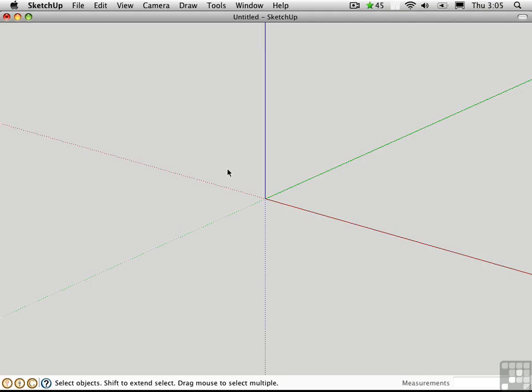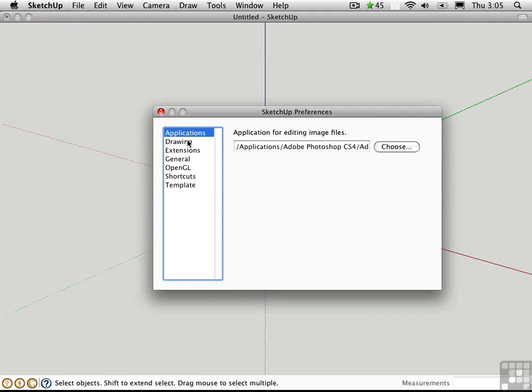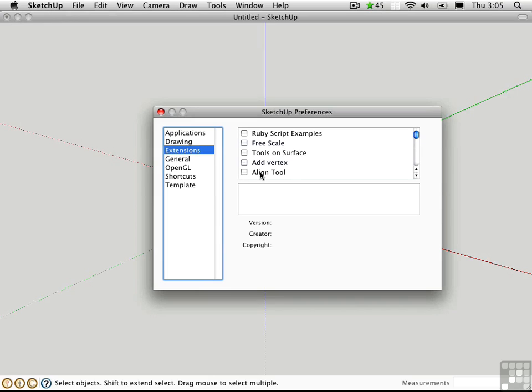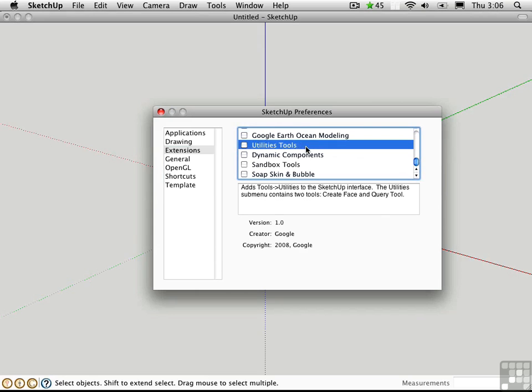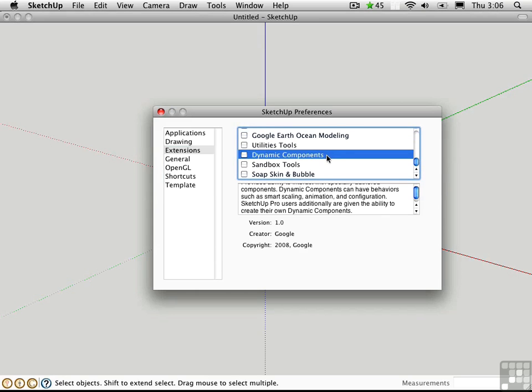Let's see a Ruby script in action. Open up Preferences and go to the Extensions page. Here you'll find a list of extensions that are registered with Sketchup. Your list won't be quite as long by default. I've added a lot of the tools that I use as extensions, and I'll show you how to do that soon. You'll see Ruby script examples, utility tools, dynamic components, which are new in version 7, and the sandbox tools,